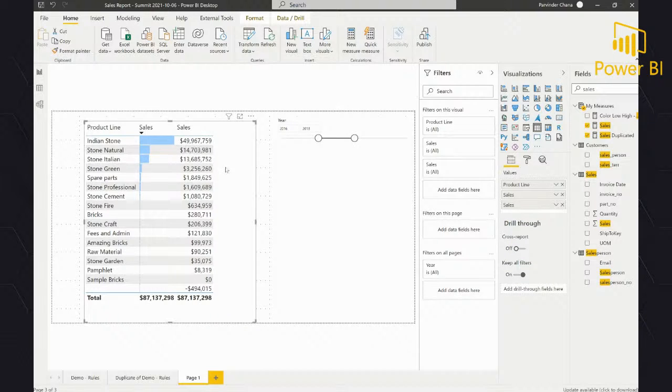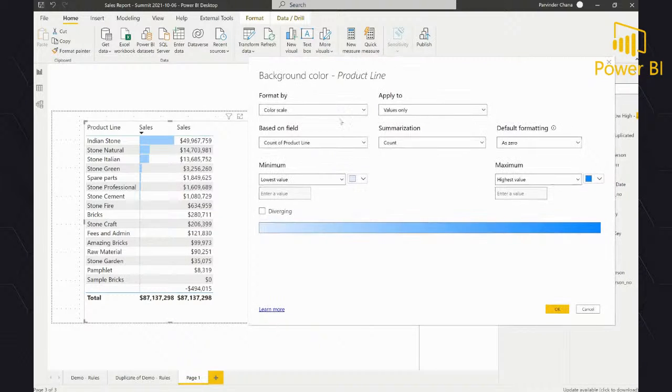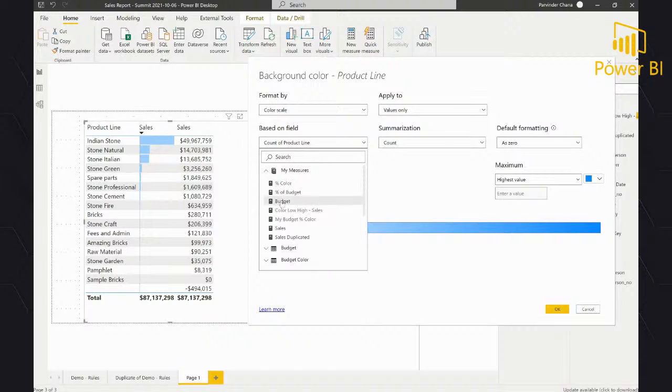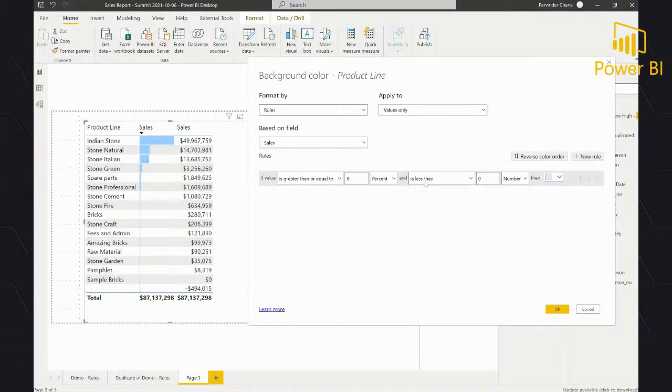In a table visual, you can also apply color on your columns as well. So for example, I want to give a background color for my product line based on, let's say, my sales. And let's do it by rules. We say if it's greater than, let's say, some number I picked from here, let's say 500,000.